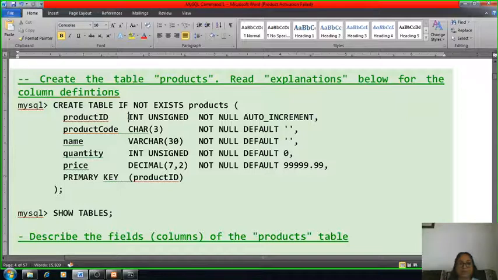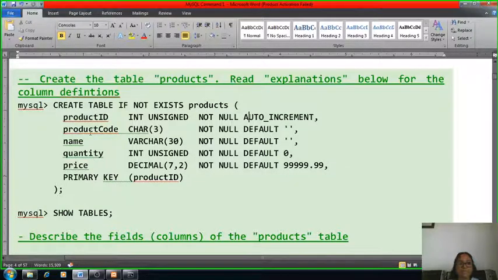You just have to write them next to each other. Product ID is the name of the attribute, then its type, that is integer, its value is unsigned, meaning always positive. Not null, its value should not be null. Then auto increment, it will increment automatically. Clear? So one by one you have to write its features, whatever type of column attributes you want, you have to set the attribute parameters.